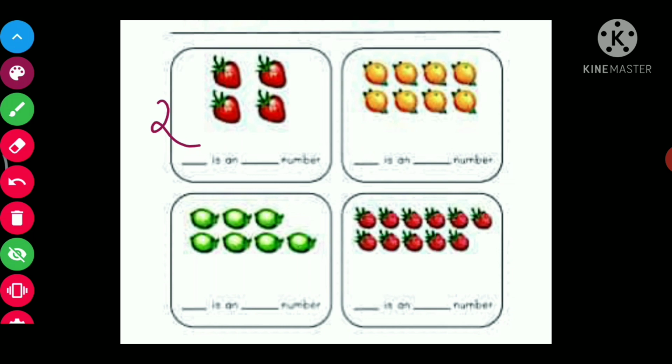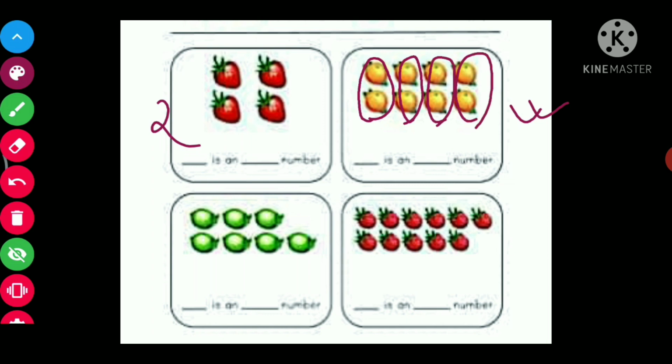Okay, let's see this one. This one is the photo of some oranges. Here also we will make some pairs. We will collect 2 oranges. First we'll choose these 2, then these 2, then these 2, then these 2.